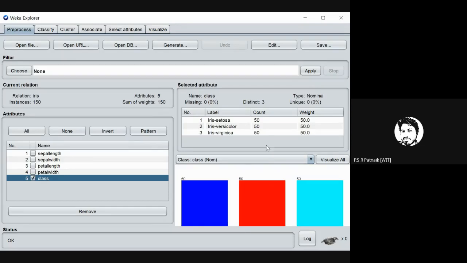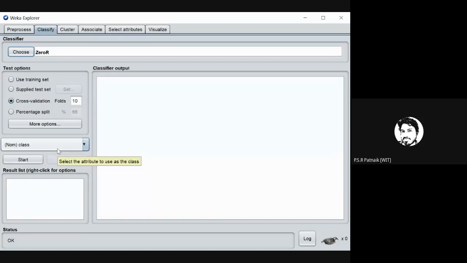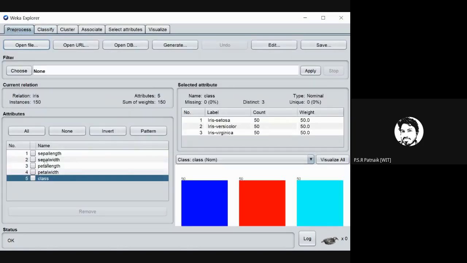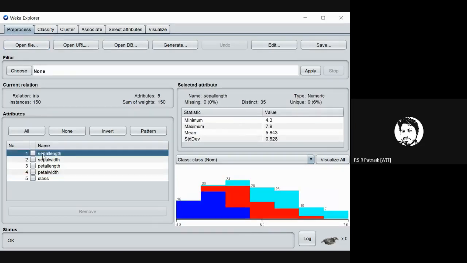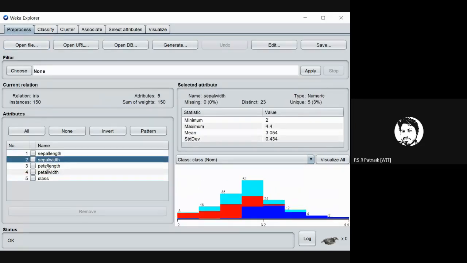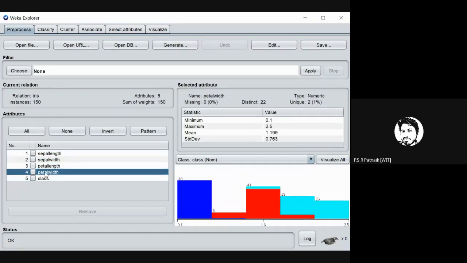Okay. So now, do I need to do any filtering or anything? No, I need not do any filtering. So I will directly go to the classification tab, and here I will be able to classify. Now let me do one thing. Here we are looking at all these four, but what I want is some comparison. Or let me do one thing. First, let me run that. So see, how are these attributes? All attributes are numeric.